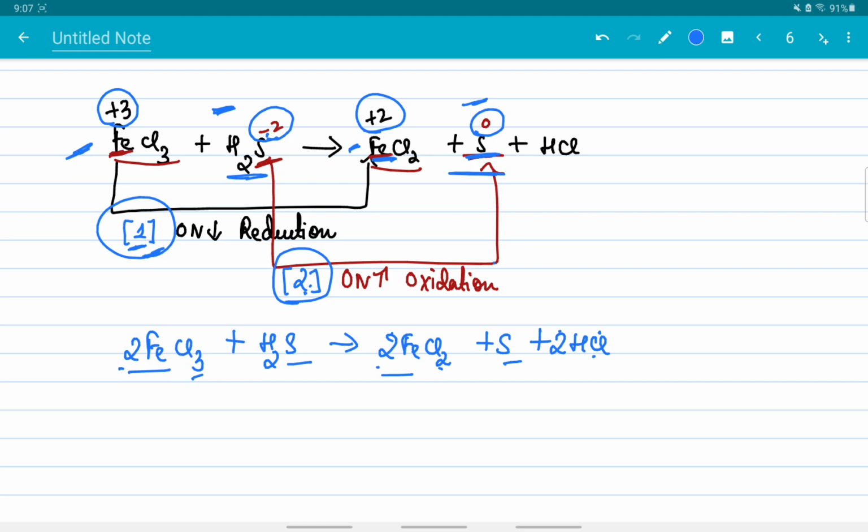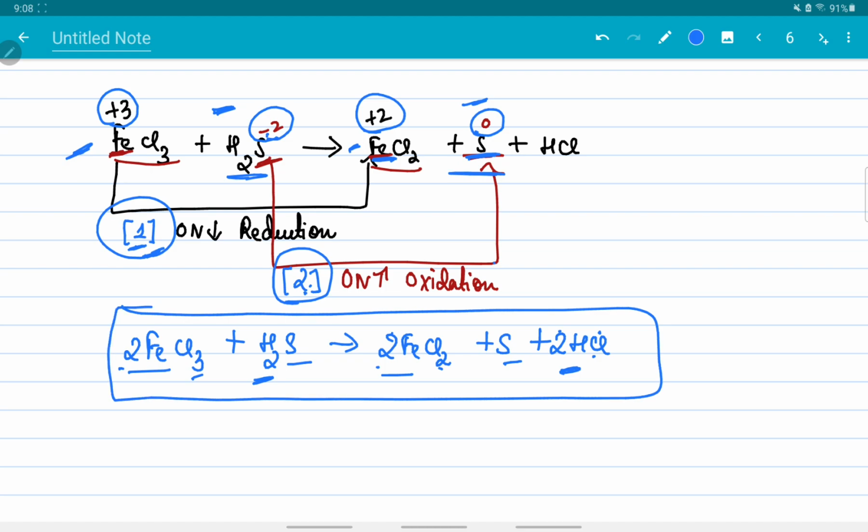Okay, now our next step was to balance oxygen and then hydrogen. Now if you check, in this case there is no oxygen, but in case if there was any oxygen, then you know the process. You know that you have to add H2O to balance oxygen, and the next step was to balance hydrogen, and for balancing hydrogen we were supposed to add H plus ions. Now if you see, on the left hand side there is 2 H plus, and on the right hand side also there is 2 H. Okay, so there is 2 hydrogen on both the sides. So now, since hydrogen is already balanced, we need not add H plus to one of the sides. Okay, so this becomes our final equation, which is our final balanced equation.